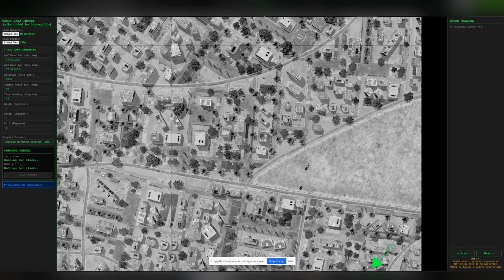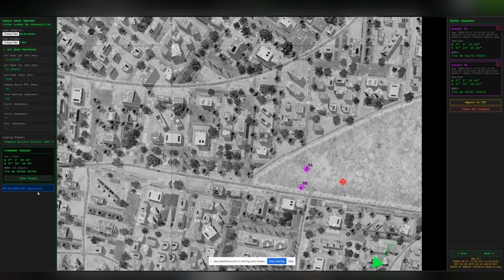If I were to just pick these targets here, so a little more accurate there. Tank 1, 2, and the truck. Okay, you can see the coordinates set that it thinks it's at. Now that's based off the assumption that dead center is this lat long, which if you look at the